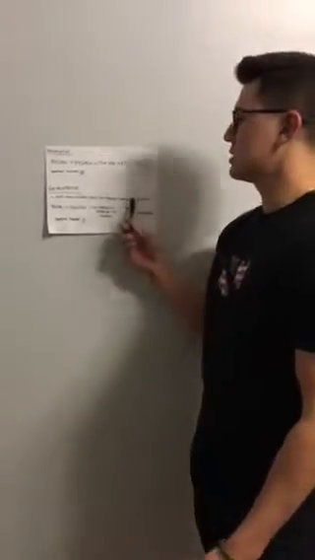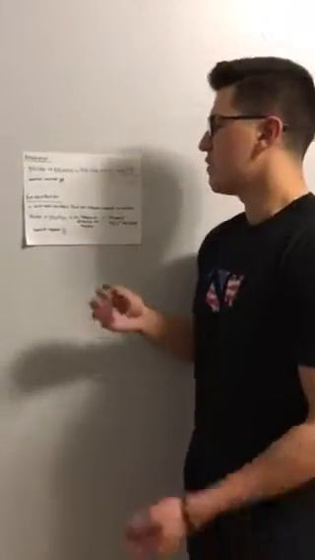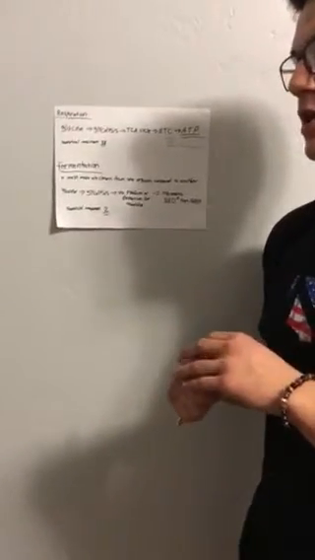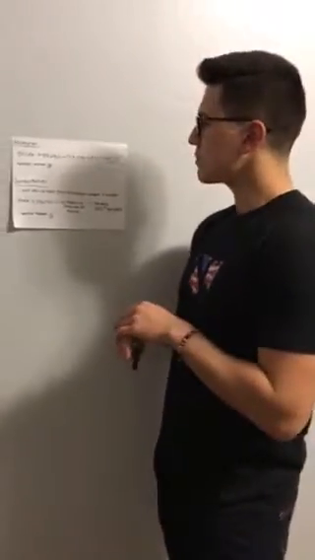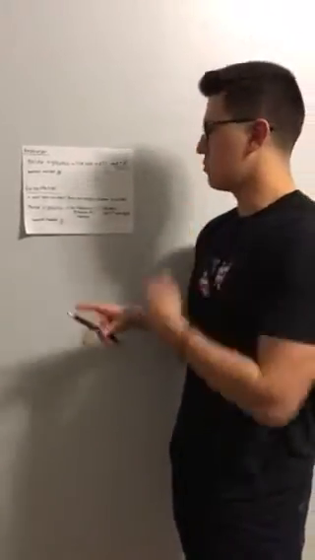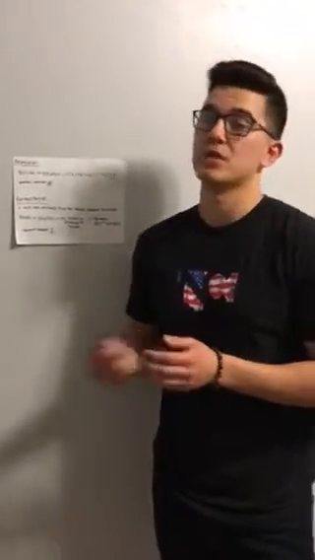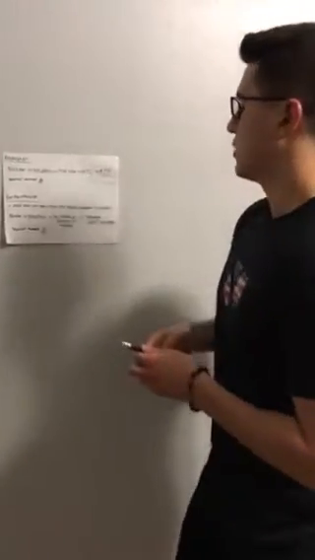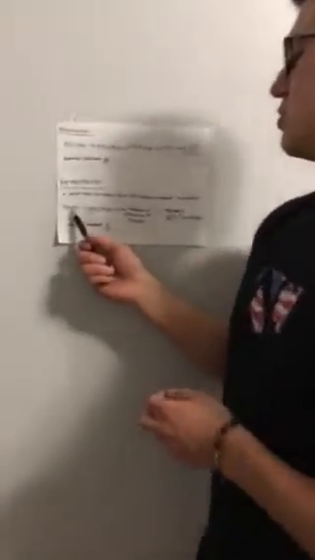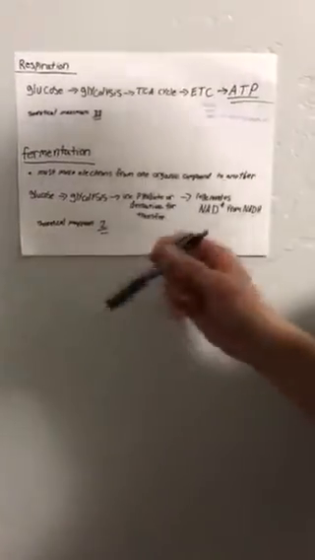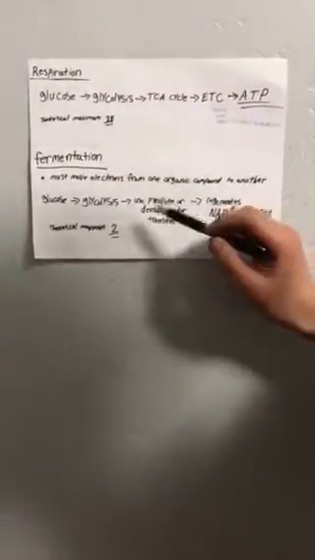And then the other process that we're going to talk about is fermentation. Fermentation is a little bit different because we don't have that oxygen present necessarily. And it's also more so that in this process you have to move electrons from one organic compound to the other. So with this one, we're going to start with the same molecule, glucose, and we're still going to go into the same process of glycolysis, but instead of using oxygen or a nitrate,